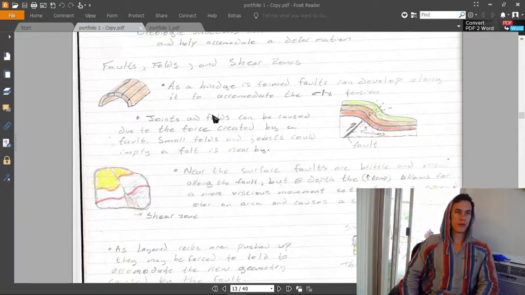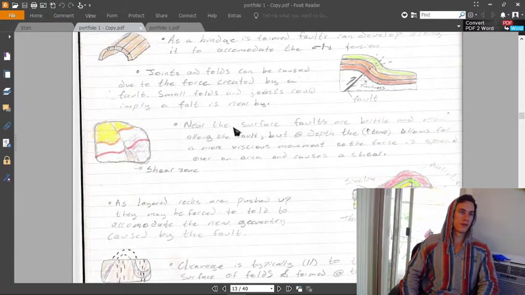Joints and folds can be caused due to the force created by a fault. Some faults and joints could imply the fault is nearby. So there's a fault right here, and it stops right there, and then these are little joints, little breaks in the rock that indicate, oh well, they're all pointing this way. Maybe something happened down here. Maybe there's some great amount of force, and that could have been caused by a fault. It's also a monocline, so we definitely know that there's some kind of movement down at the surface,